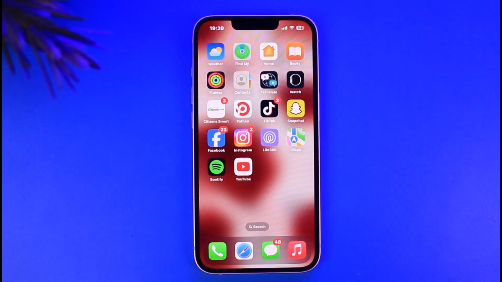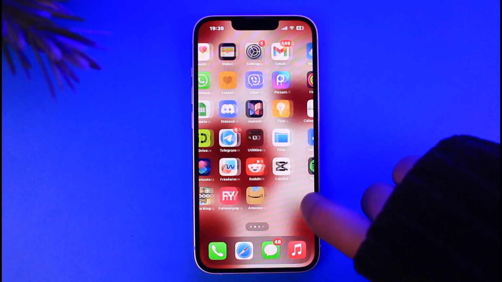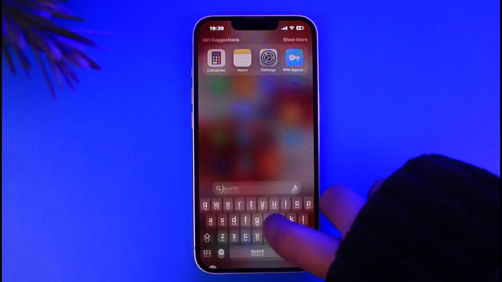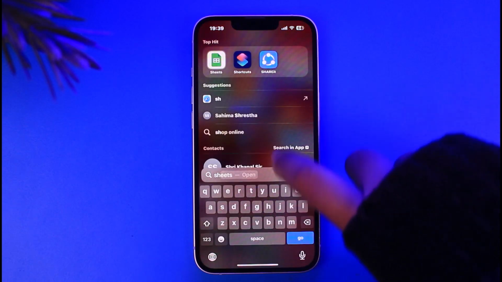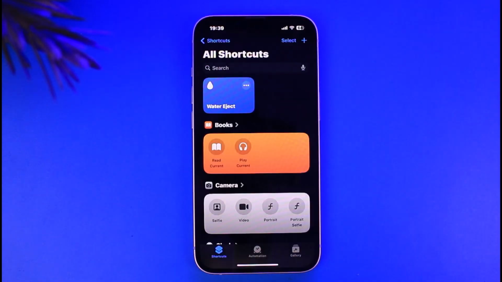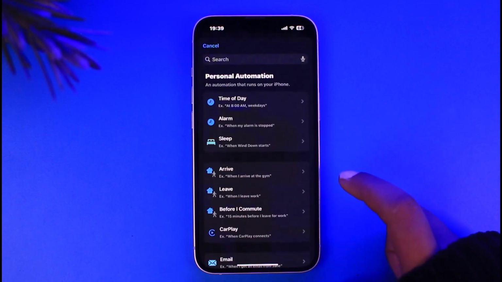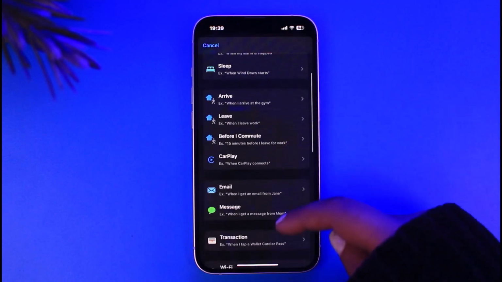So for that, you're simply gonna go ahead and open up your Shortcuts app that will be on your phone. Otherwise you can simply search for it, or you can install it from your App Store. And now tap on this Automation option, tap on New Automation, and simply choose this option of